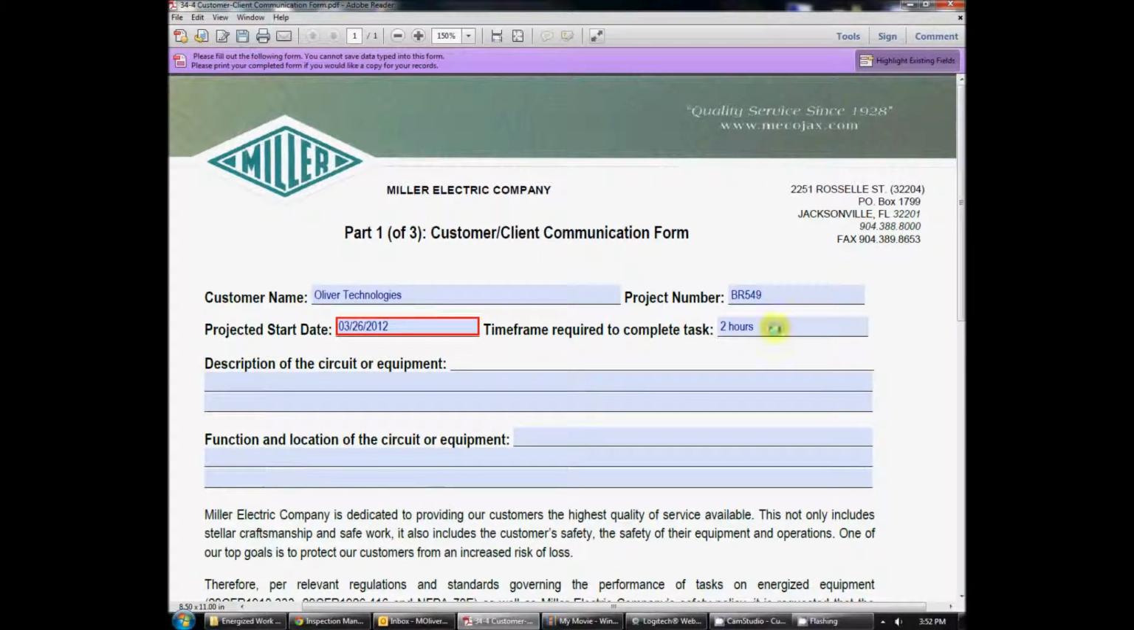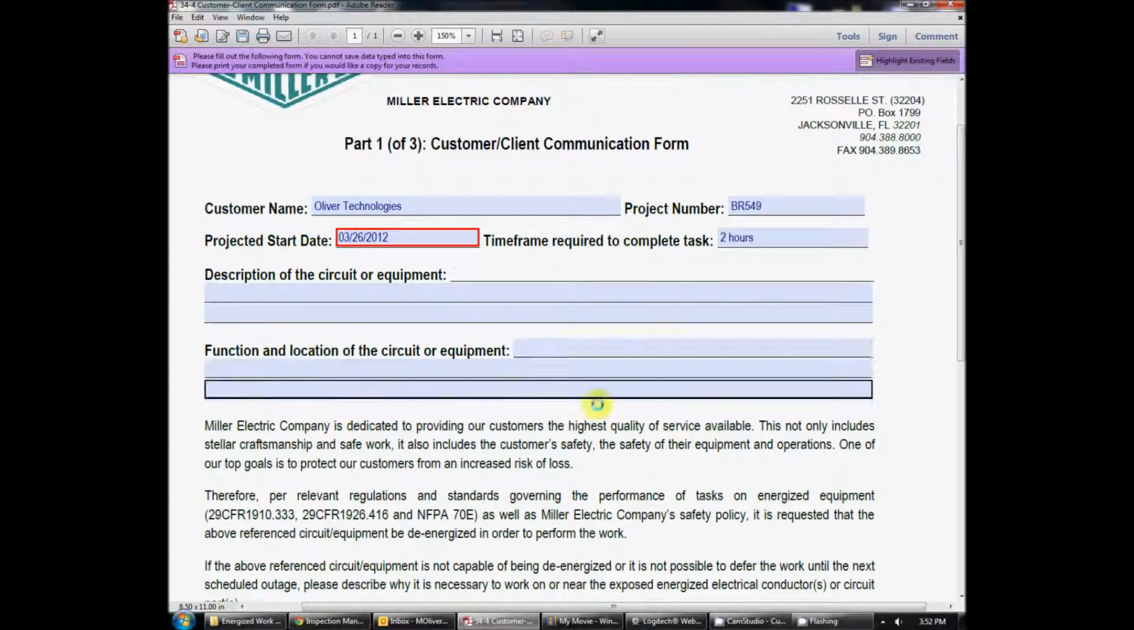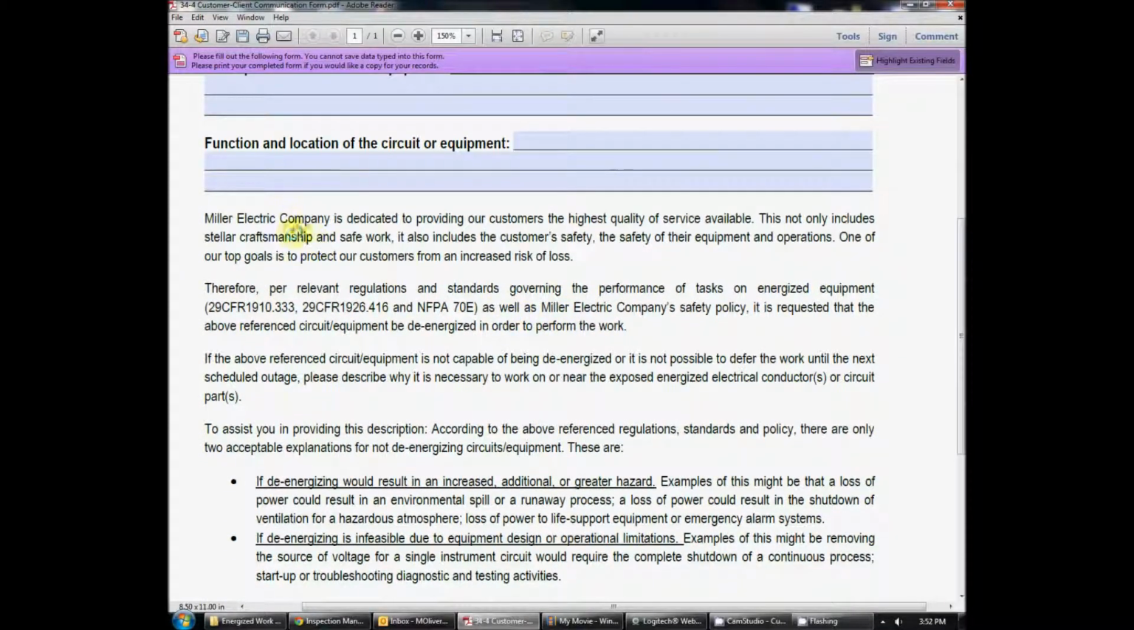This first part is what Miller Electric Company employees will fill out, the supervisor or project manager. And then we hand the form to our customer. You print it out or save it and email it to your customer or your facility contact. And this next part is for them to read on their own. We can also kind of wait around and explain it if they have any questions, but it states this: